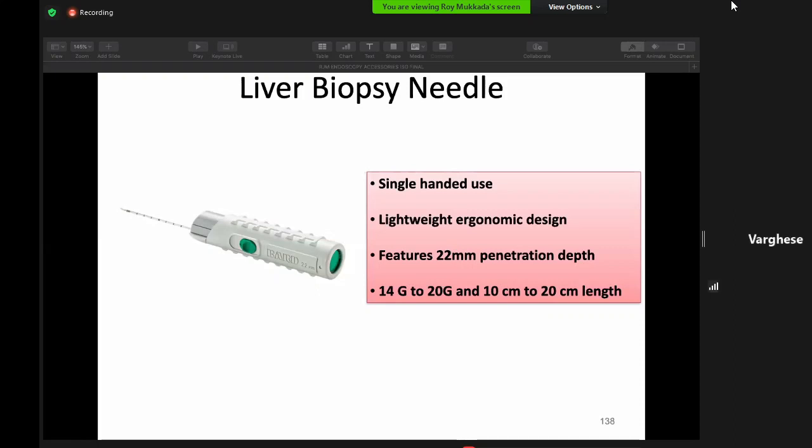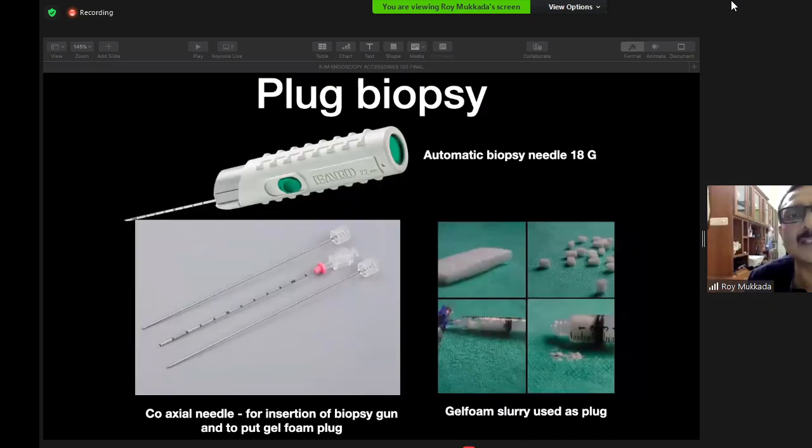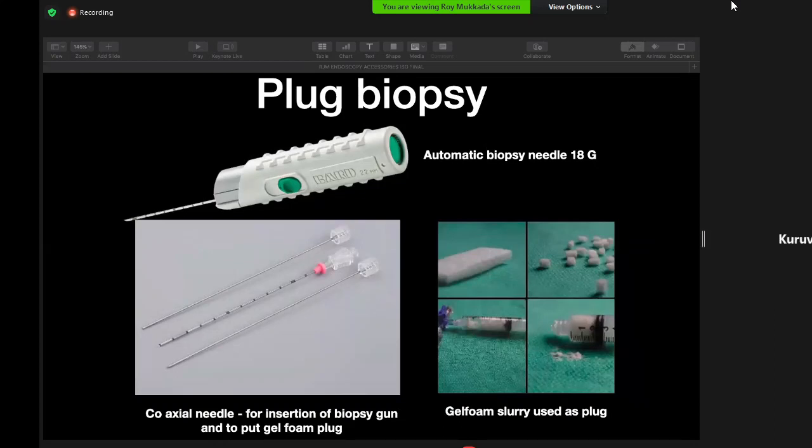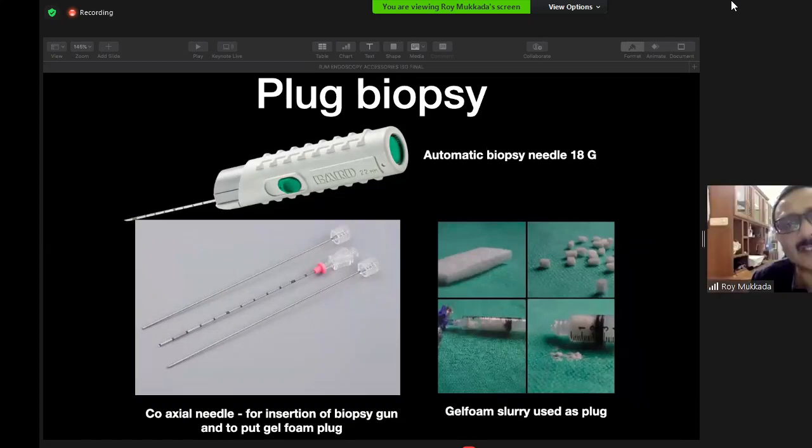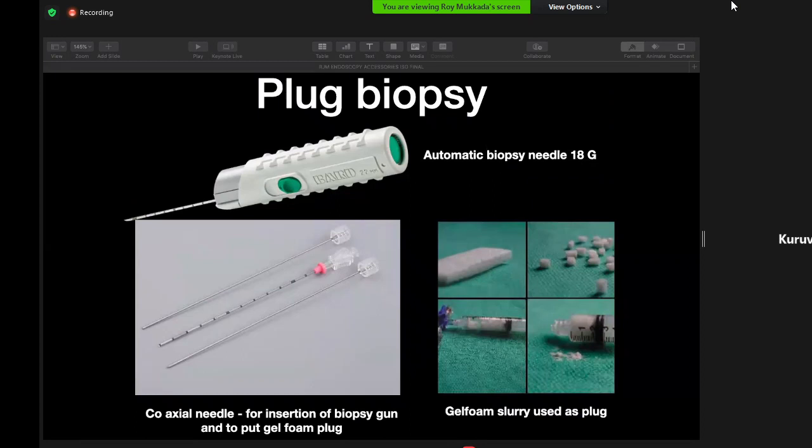Okay. There is one more percutaneous method, that is a plug biopsy. Have you heard about a plug biopsy? No, sir. Yeah, in a plug biopsy there's a sheath which is introduced, and through that you take the True Cut biopsy, and then you seal the biopsy tract with gel foam slurry. You make a gel foam slurry. Have you heard about gel foam? It's used to close fistulas, and it's mainly used for angiographic techniques.